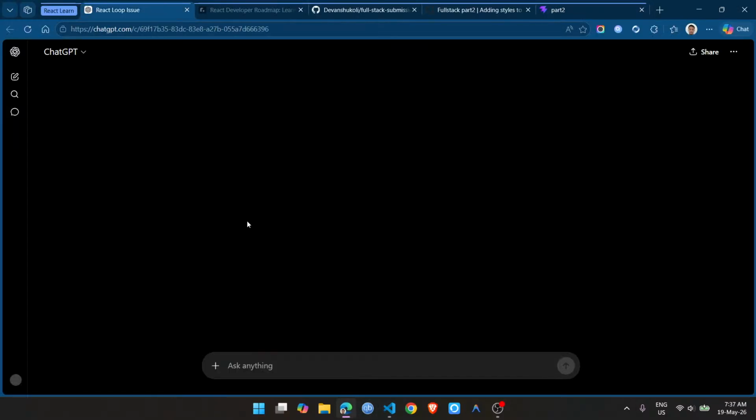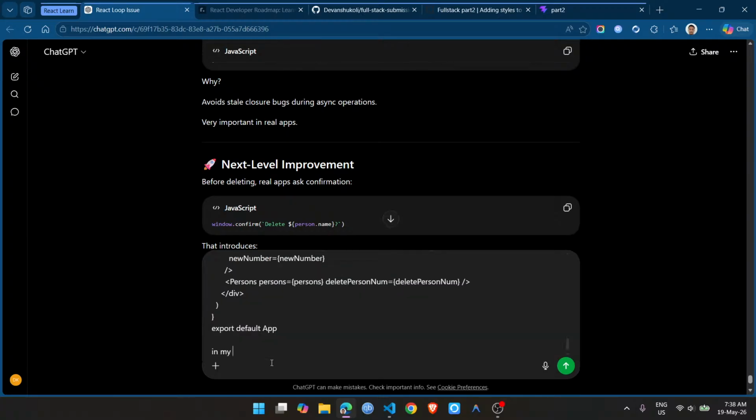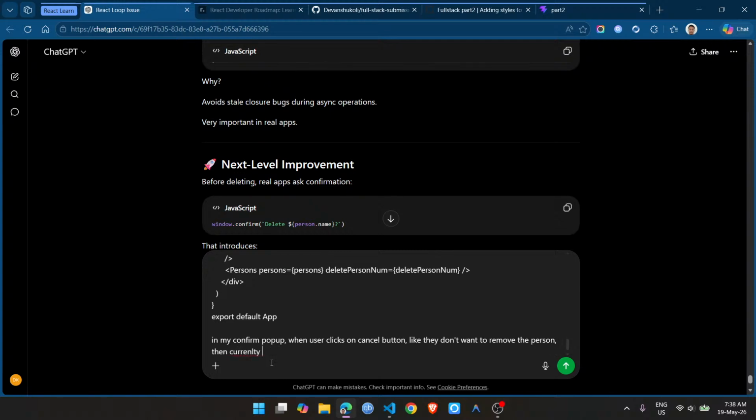So I'm going to ask ChatGPT immediately: in my confirm pop up, when the user clicks on the cancel button, like they don't want to remove the person, currently it's still removing it. Can you